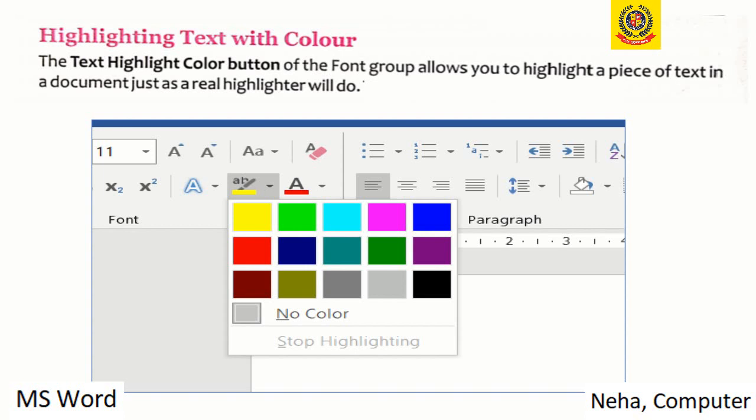So the text highlight color button of the font group allows you to highlight a piece of text in a document just as a real highlighter will do. Now here you can see this AB is the highlighting text color button. Now we can color it with all these colors which you can see to highlight any particular text which you have selected in the document.